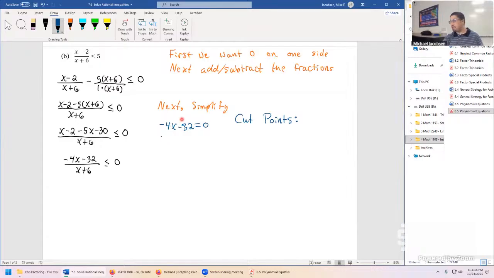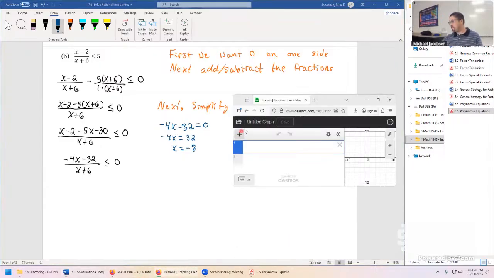Add 32 to both sides. -4x is positive 32. Divide by -4 into both sides. And x is going to be equal to -8. Let me double check that. I must be tired. This seems like a weird thing I'm looking at. Divide by 4 and it's at 8. Yeah. For some reason I felt like I really needed to double check that in the calculator, but